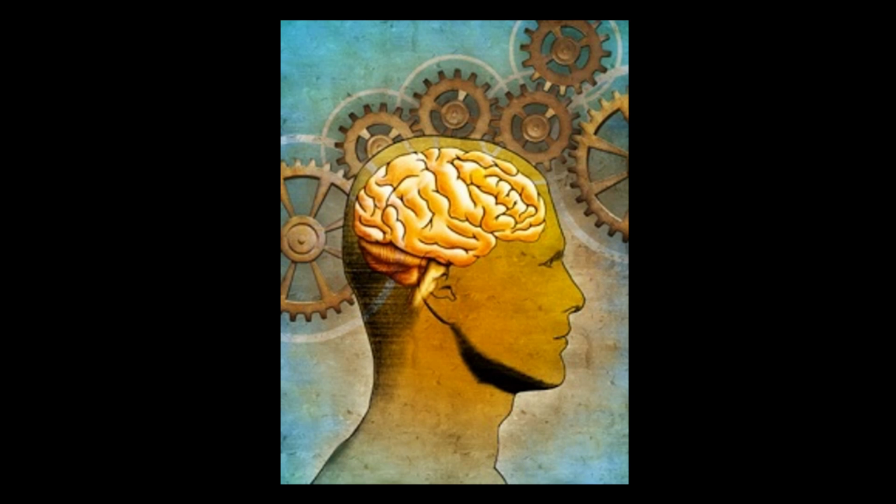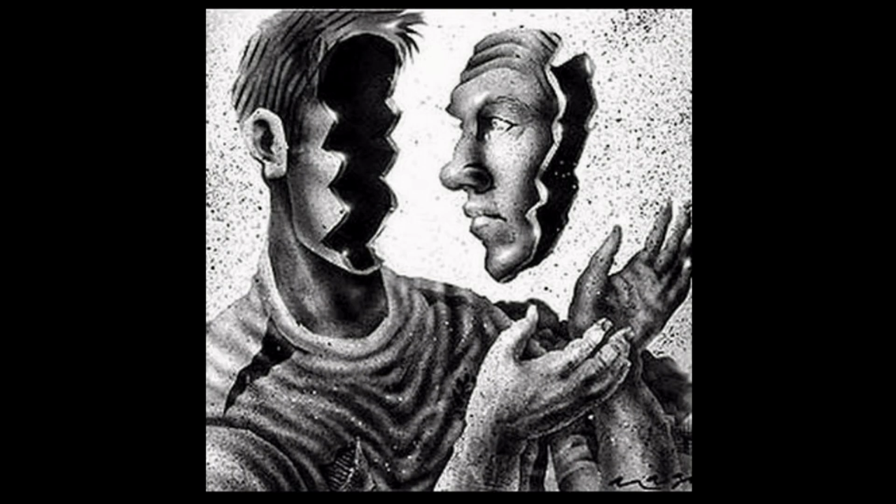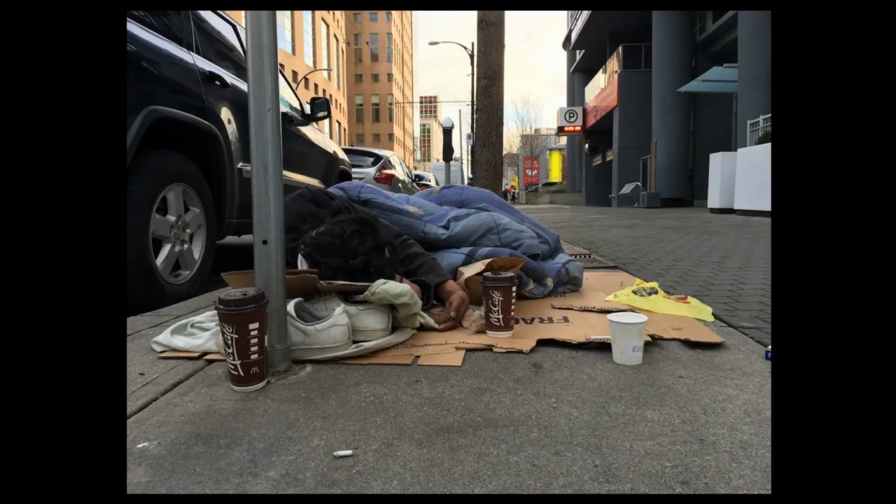For one thing, we are always viewing the world with our minds, and our minds are always involved in the process of knowing. Therefore, it is impossible to know the world apart from our minds, and since each of us has different experiences, we all experience the world differently. Some of us might view homeless people as lazy, while others view them as misfortunate. This doesn't mean that there is no objective reality, but rather, it means that we need to be aware of the role of subjectivity in construing the objective world.